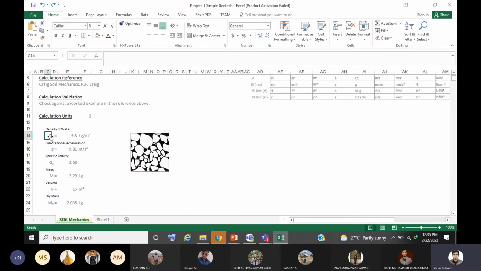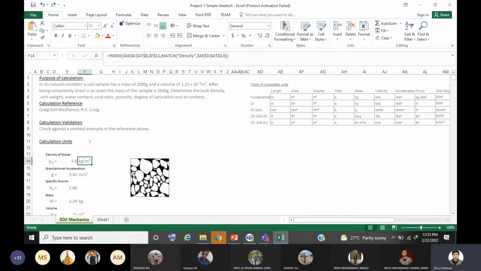Let's say if I have to find out the first density, you see I'm finding it out here. I have added another formula which is not pertaining to you. It's a bit of a complex formula, but instead of writing this unit, I have taken it from the table. But in your exercise, you could write it by yourself: kg over 1 plus meter cube.